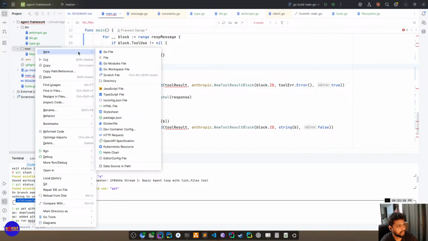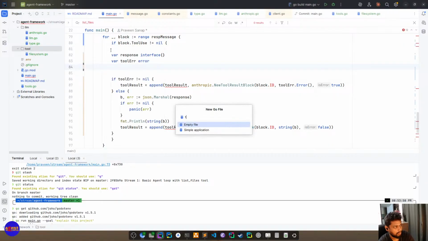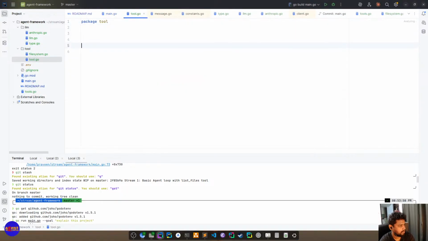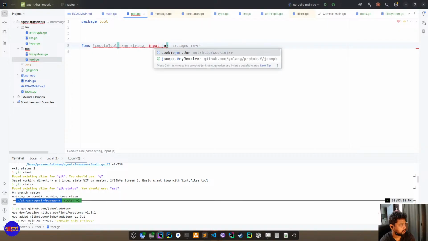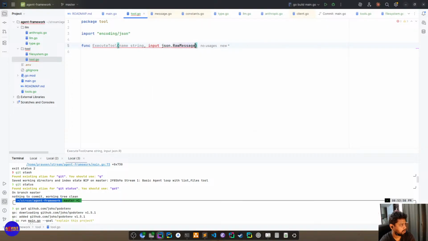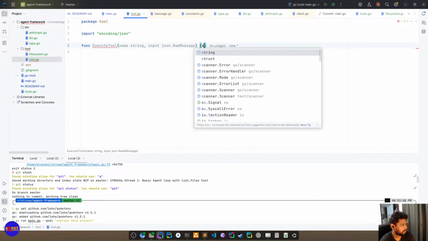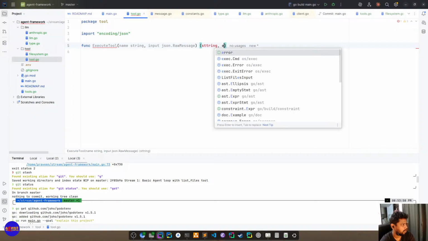Let's create a function called execute. And the name, input is either get a string or an error.